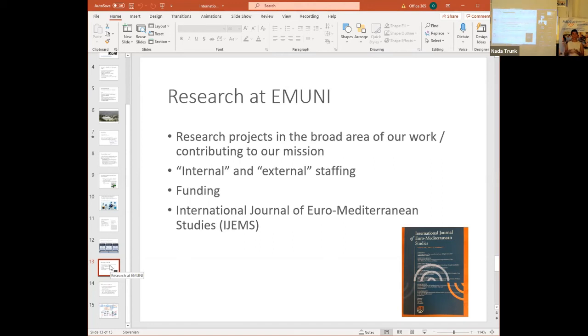We also have different research projects that are related to different priorities. But what I want to show is that we do research in-house, by those that are employed at Emuni, as well as we try to engage the network of Emuni universities to perform research, because of this dual identity that I